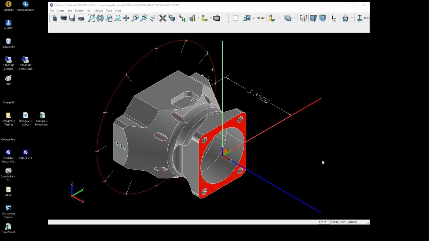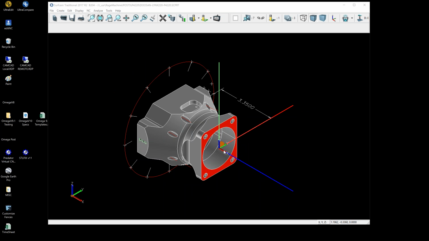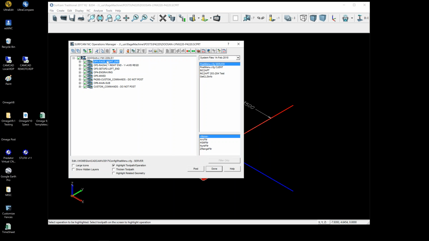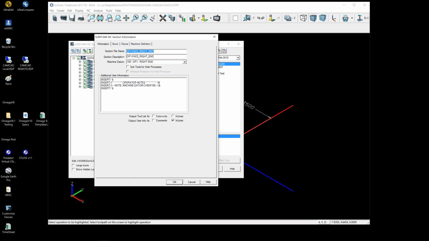For programming a MillTurn in SurfCam, the best way we have found is that the coordinate system going to the post is in machine space. In other words, here's SurfCam X, SurfCam Y, SurfCam Z, and this is machine's coordinates basically. Now, to achieve this, we always set a machine datum